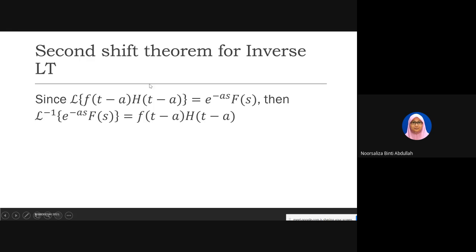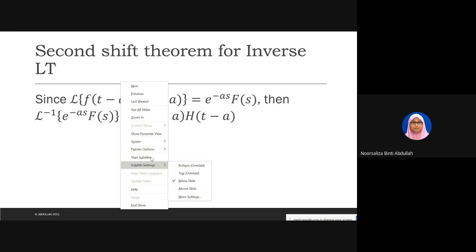As we know, for the second shift theorem, if you have the equation f(t minus a) h(t minus a), your Laplace will be exponent negative as, F(s). Then this is your Laplace. How do we get this one is actually